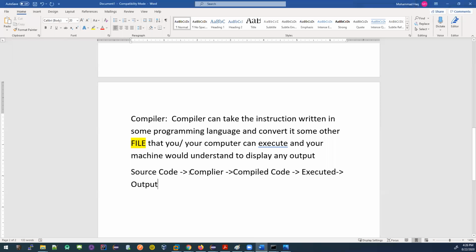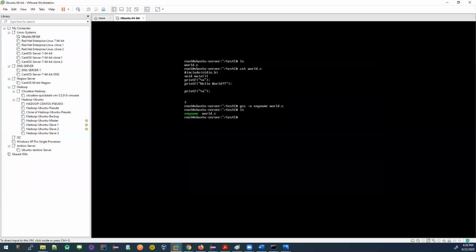So I execute through the compiler, and I get another compiled file. Definitely you will have a file that has all the code, otherwise how would you have your code? So if you come in here, another file is created, with the name I've given.